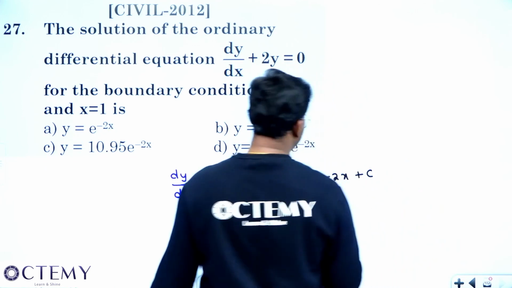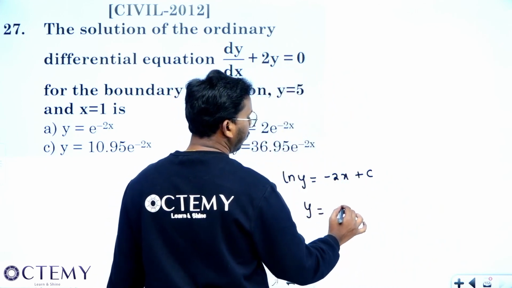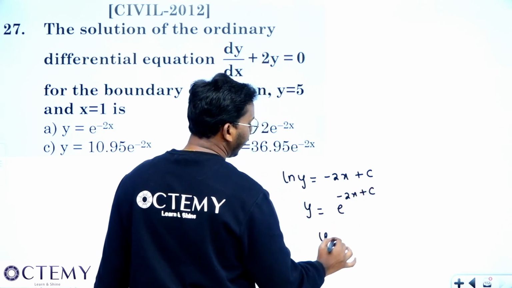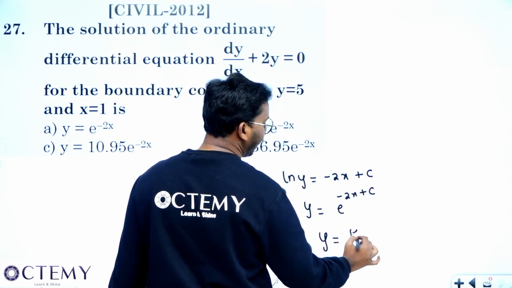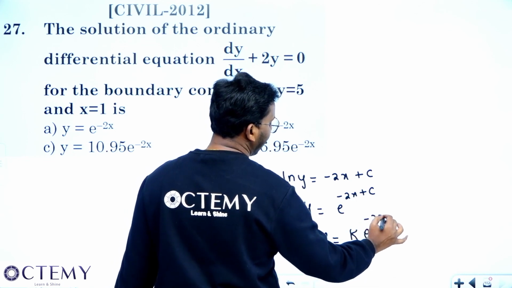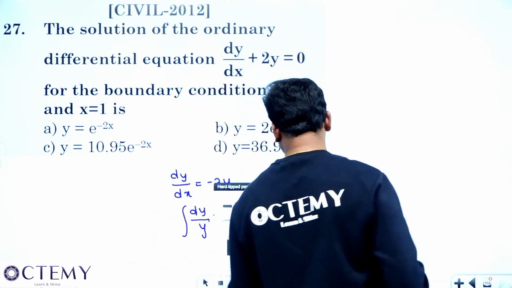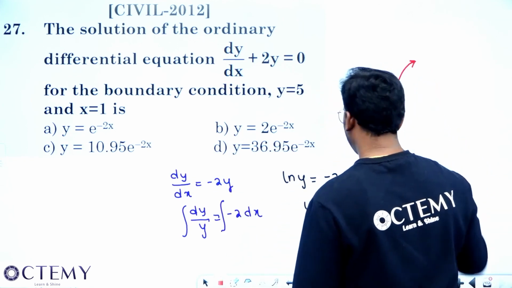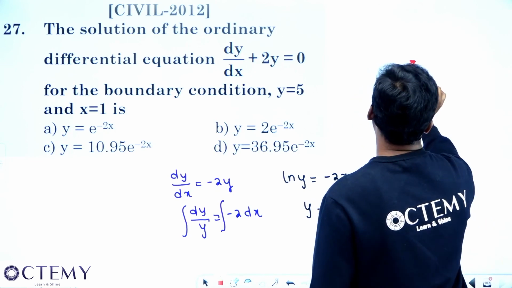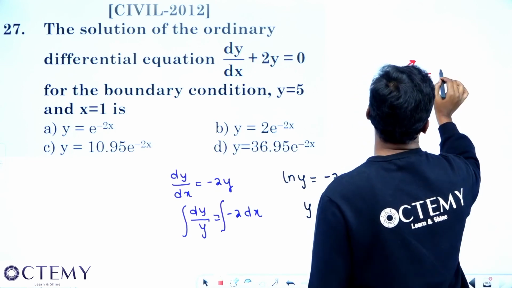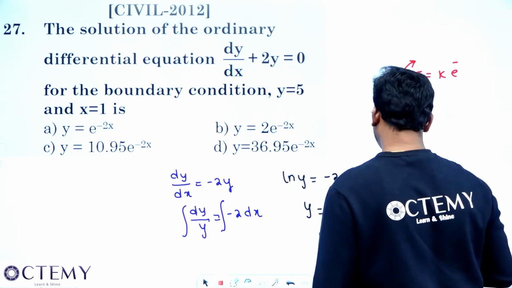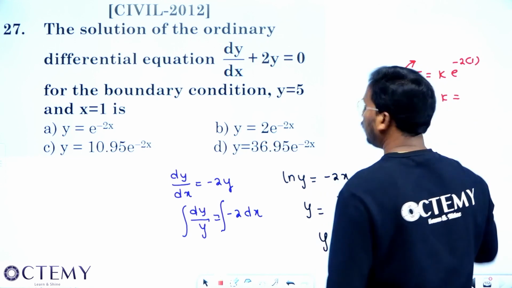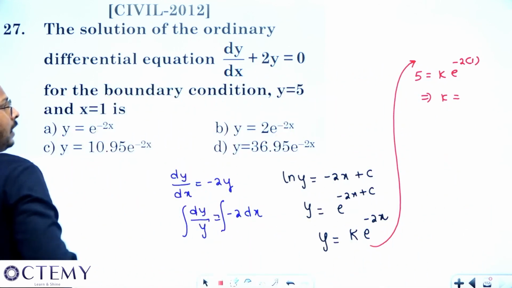See, can I write this as y is equal to e power minus 2x plus c? Yes, sir, you can write. Can I write y is equal to some constant k into e power minus 2x? Definitely. Now let us substitute the initial conditions. Y is 5, so 5 is equal to k into e power minus 2 into x, which is 1. So from here, if you find the k value, what will you get? K is equal to